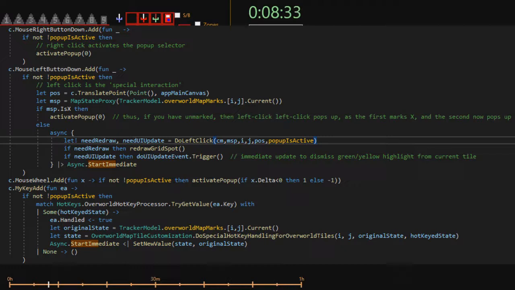You'll recall that if I have a shop and I left click on the shop, I can put a second icon in the shop. So you could have 2 different items. You could have a shop that sells both bombs and arrows, for example. And the way that I handled that is, when you left click on the shop, it puts up another pop-up. And I had seen some idioms in some other Windows WPF code that was using async in order to do